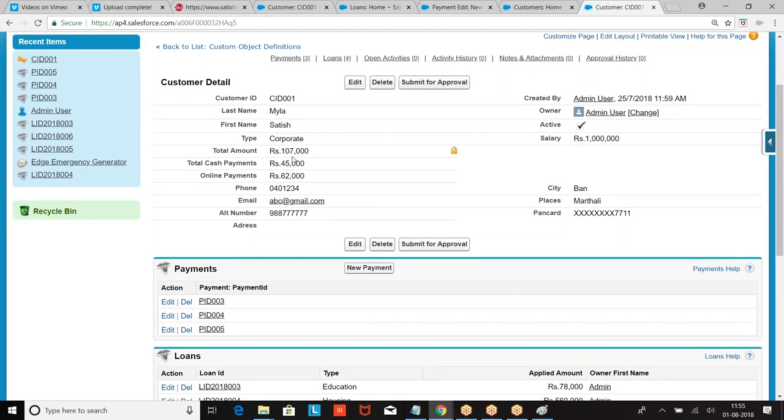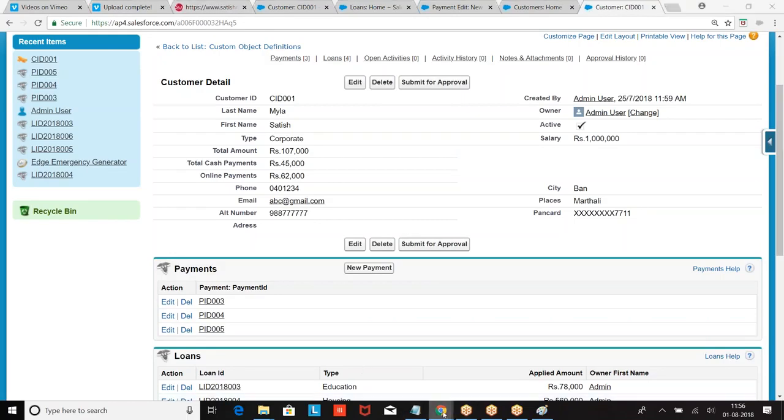On the master object. Is it necessary that every child record should be included? No, it is up to your choice. If you want all the child records to be included, select include every child record. If you want particular child records, give a condition. Only those records which are meeting this condition will be part of this relation. Now, how many roll-up summary fields can we create on an object? 25 roll-up summary fields. I hope you are good.